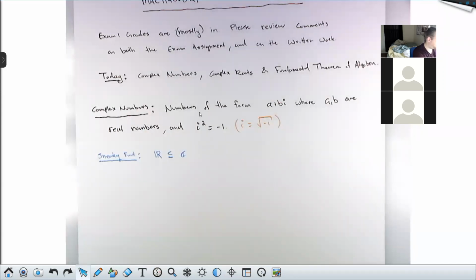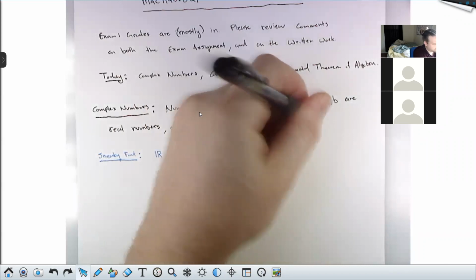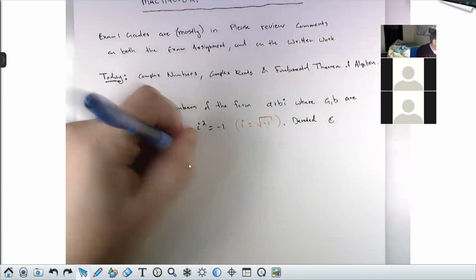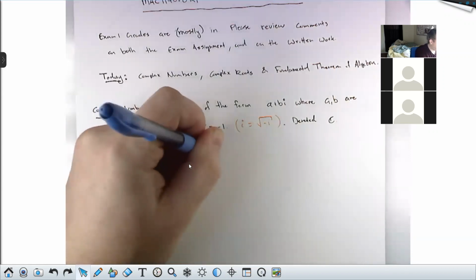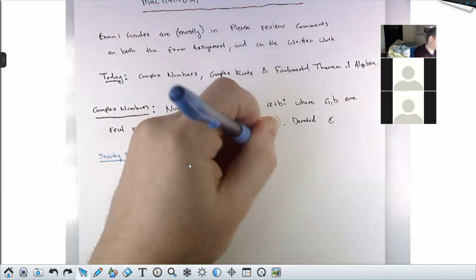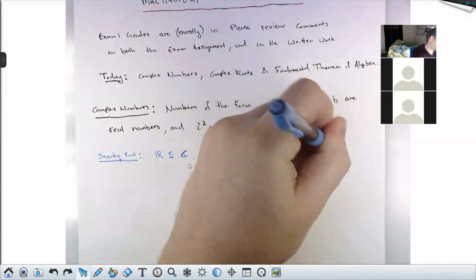Complex numbers, by the way, are denoted, you remember from the beginning of the semester, we have the blackboard bold R for the real numbers, the blackboard bold N for the natural numbers, blackboard bold Q for rationals. The whole set of complex numbers is written with a blackboard bold C. And the sneaky fact here is that the real numbers are a subset of the complex numbers. What that means is every real number is complex